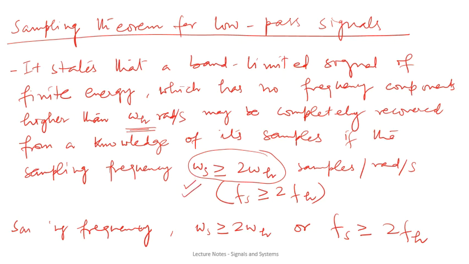That means the sampling frequency is greater than or equal to twice omega h. And what is omega h? Omega h is the highest frequency component in the original signal. So for the minimum sampling rate, or we can say the minimum sampling frequency, you just write down here that